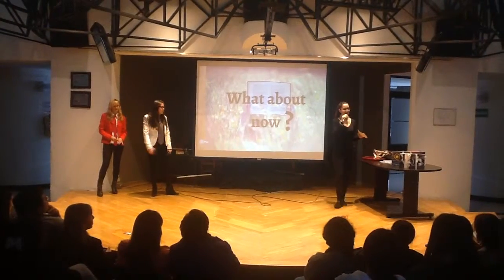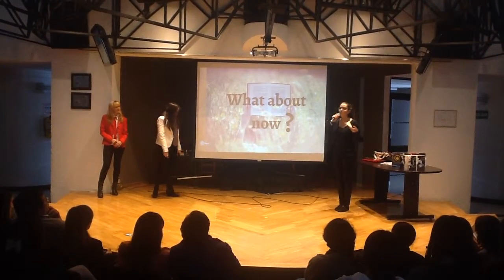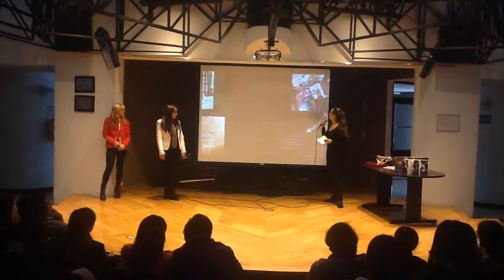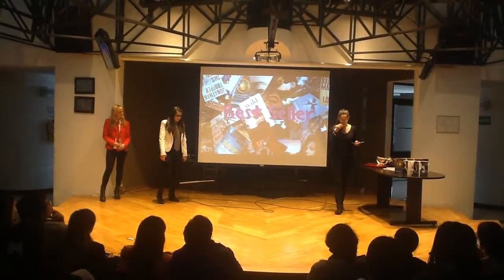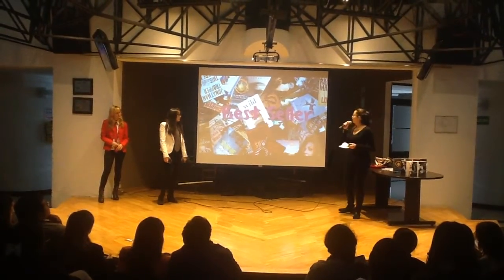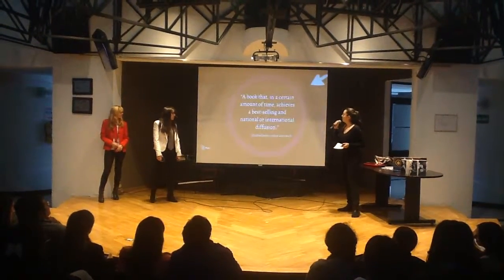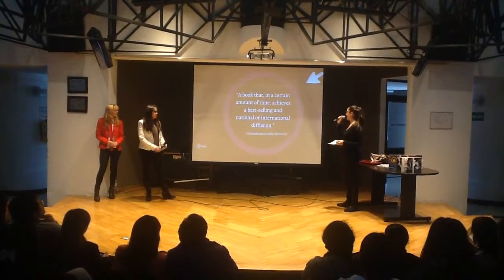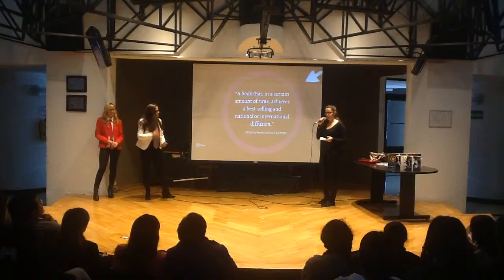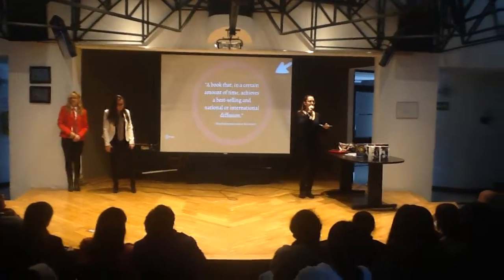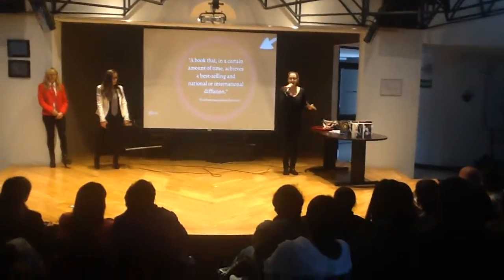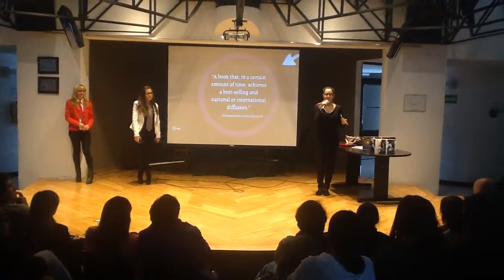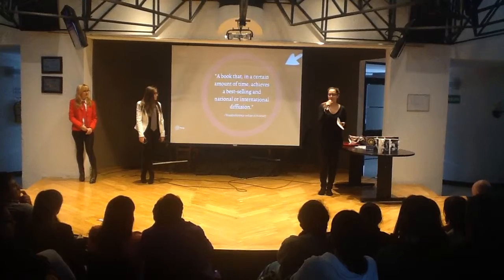Can we do an analysis and evaluate our present time based on the books that have been published nowadays? Okay, nowadays we rank books as bestsellers. What is a bestseller? The WordReference dictionary defines a bestseller as a book that in a certain amount of time achieves best-selling and national or international diffusion. These books are the ones that sell globally in a massive way, and that show that people want to read them. They are interested in what's inside, but why are they so interested in them?